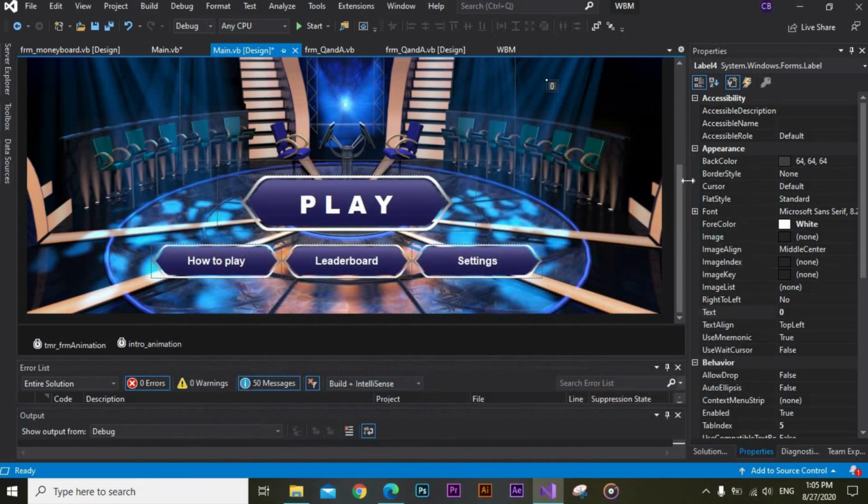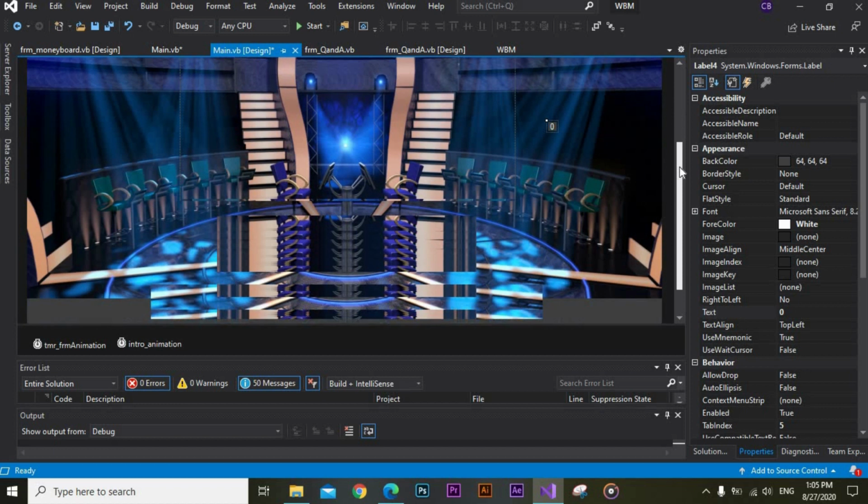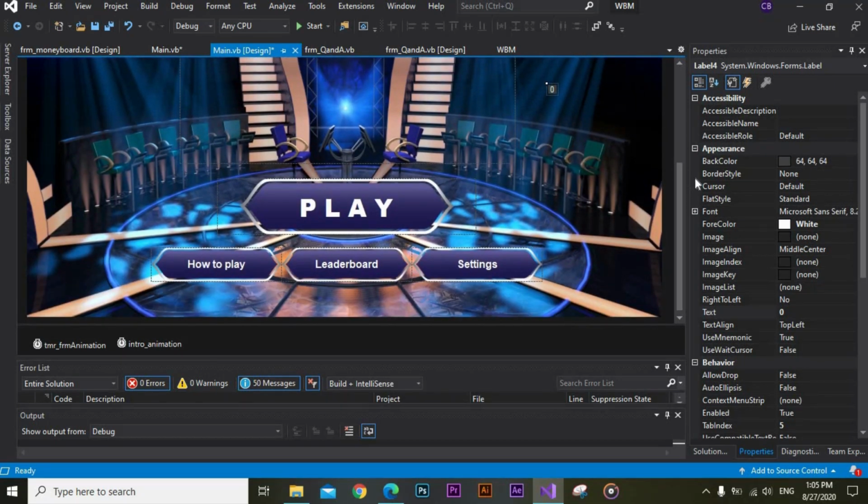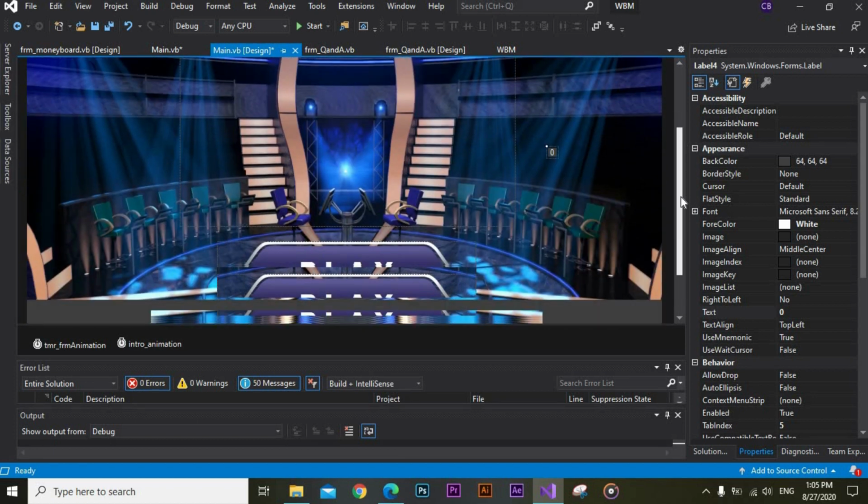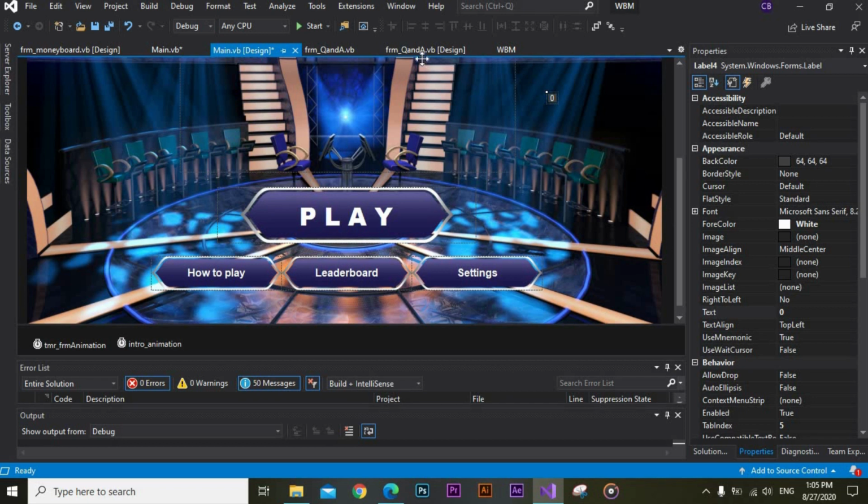But this one I created anew. This is quite improved, and I really took time for the design and for making the program look good and professional.